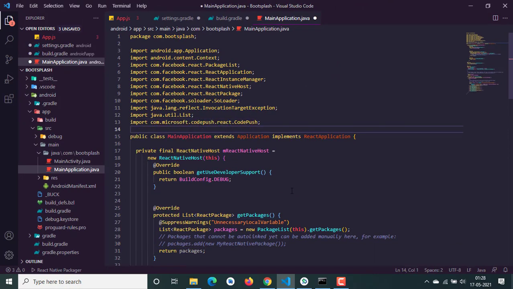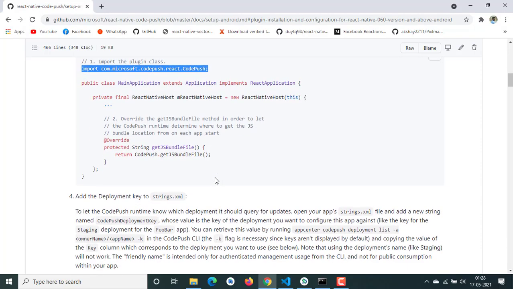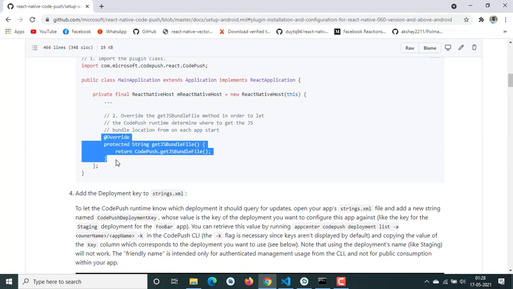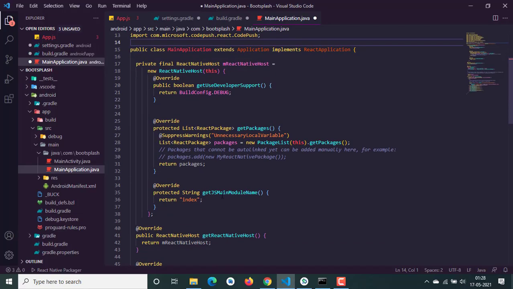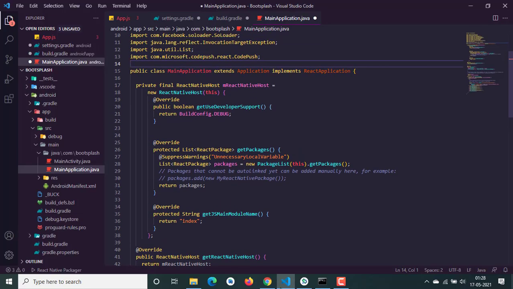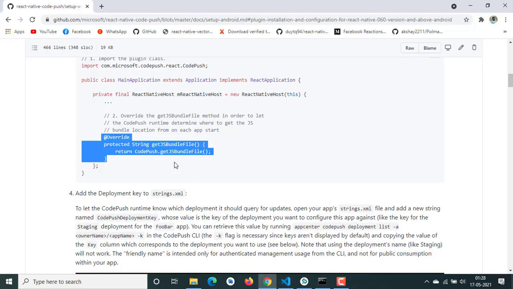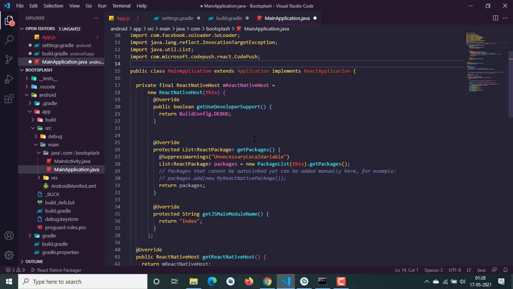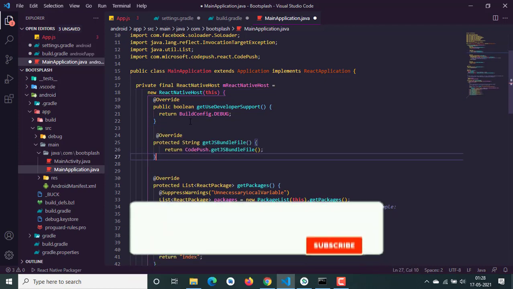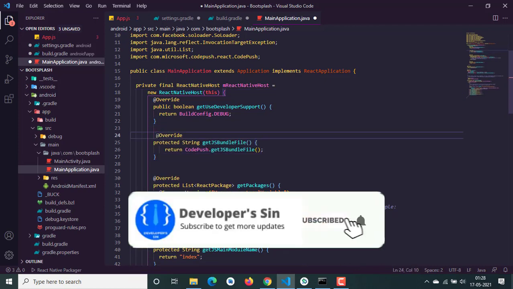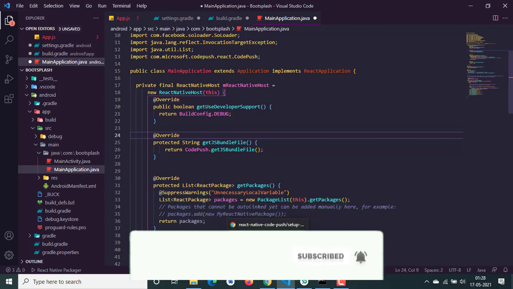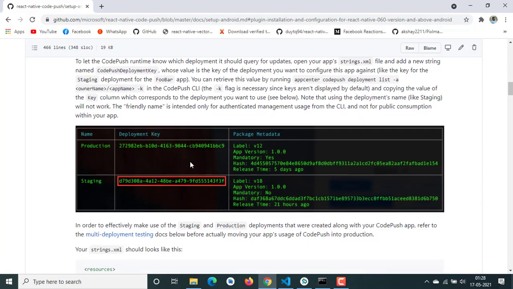We are going to paste this one and add this line inside this React Native host. This is our React Native host, so we paste this over here, and we have to add